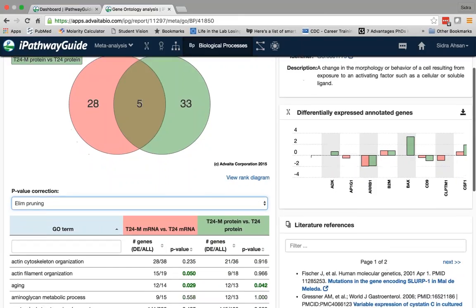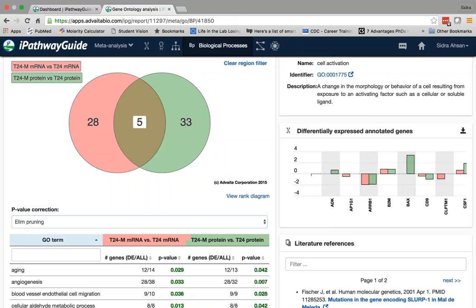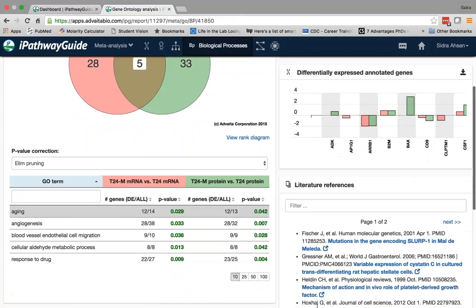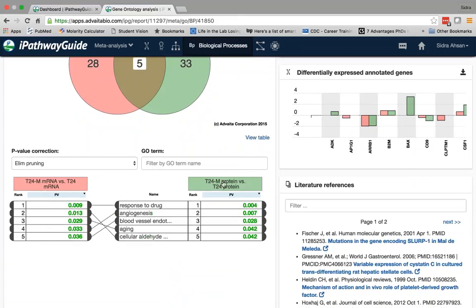After Elim pruning, it seems that there are 5 biological processes that are significant and common amongst these two data sets. So let's look at what these 5 biological processes are. And I'm going to look at this also in the form of a ring diagram.